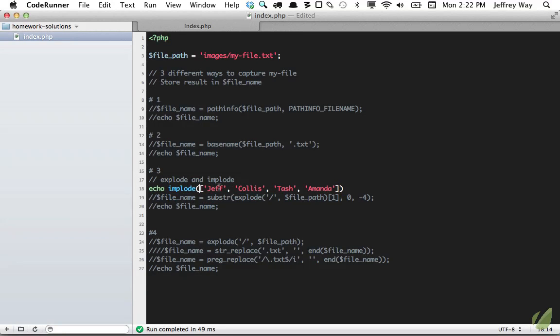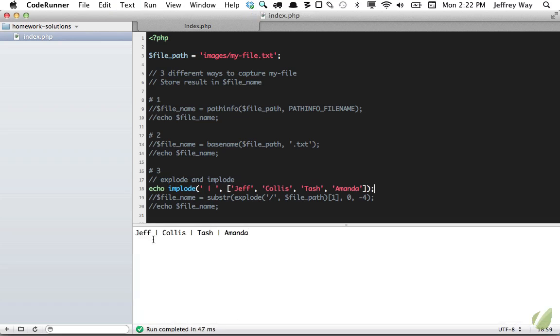With explode, we are passing a string, but with implode, we're going to take this array and turn it into a string. So what will be the delimiter? And this can be anything we can set it to. How about we set it to a space, a pipe, and another space, like that. Now if I run it, we're going to get a string, but now it's taken each item in the array and separated them with the pipe. Or if you wanted to do a comma, like that,